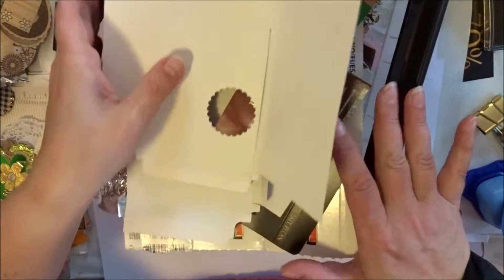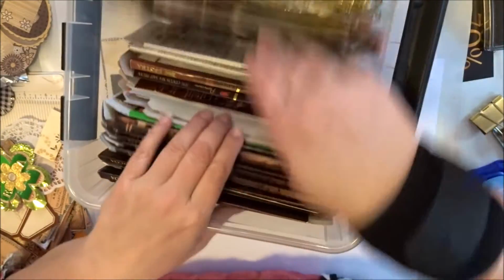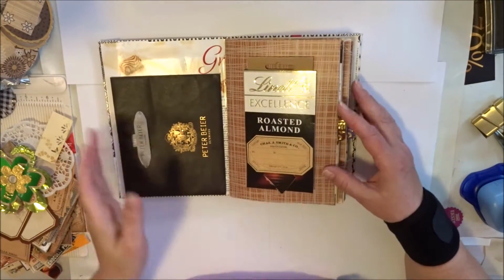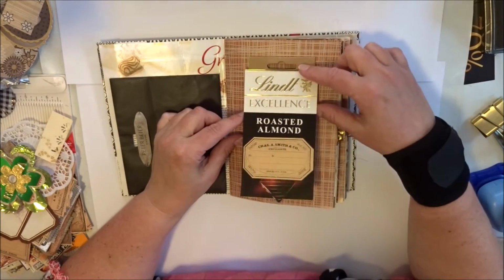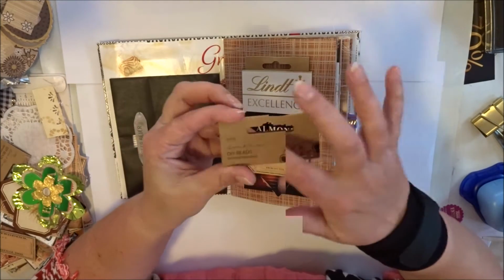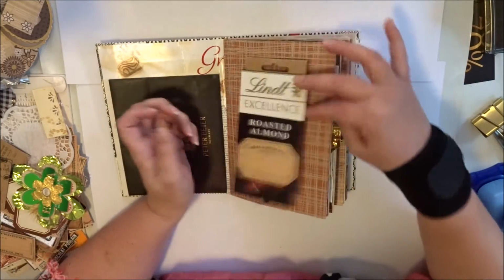saved. And since I'm a chocolate lover, I have all kinds of chocolate packaging. So I finally found an excuse to use them. So I have made all kinds of stuff in this journal with this kind of packaging. So here I took the front cover of a packaging and glued onto another kind of packaging. You know, this is hanging in the store like this, and it makes a perfect hinge